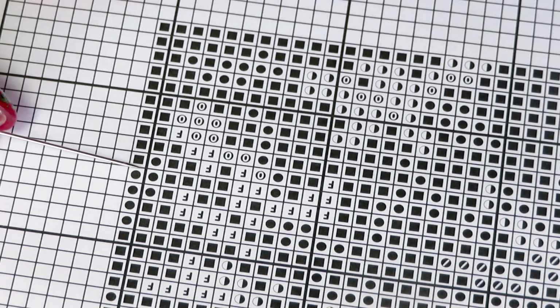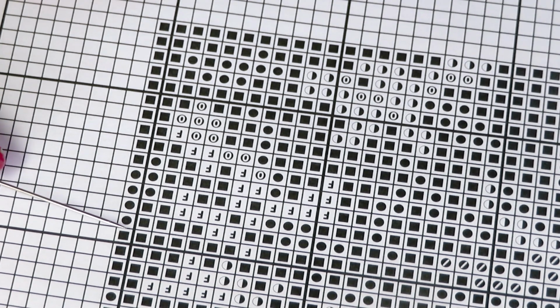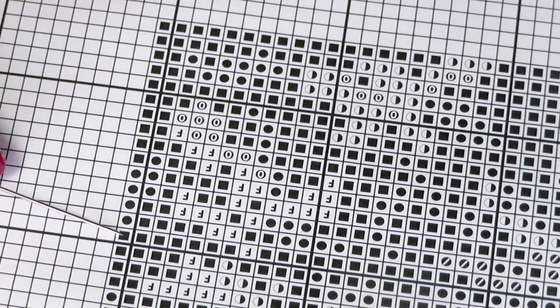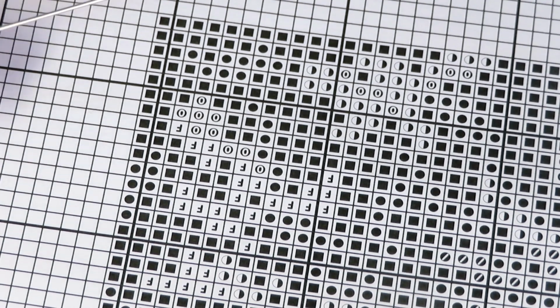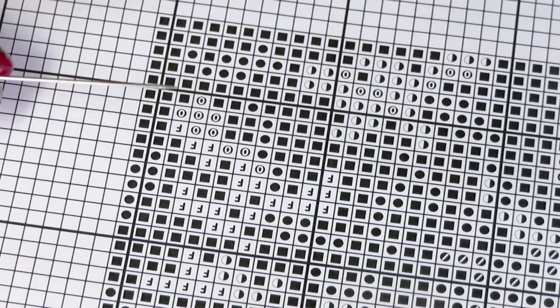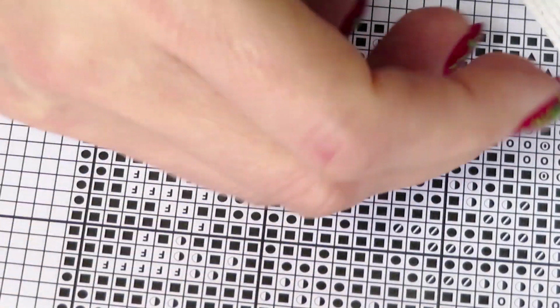So we have 1 2 3 4 of a different color, and on the 5th we have another thread of the same stitches, 1 2 3 4. I want to see how big it's gonna be as a pass through on the back of my canvas, if it's gonna look good or not. So I'm gonna go 1 2 3 4 to the 5th. Okay,